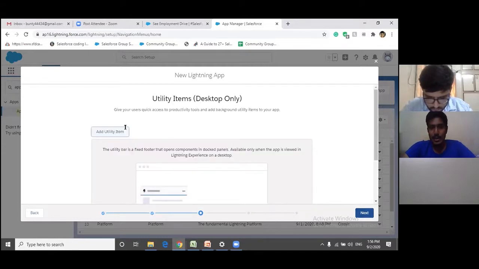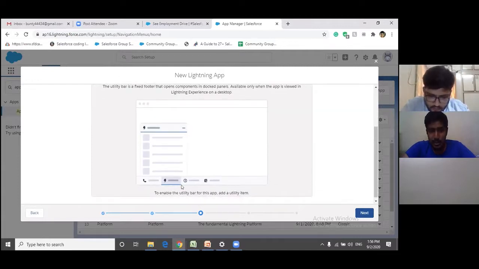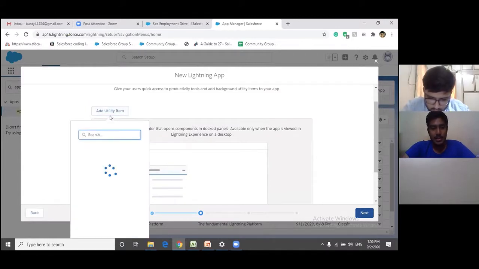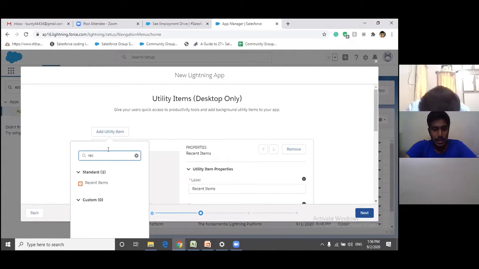This is one of the important areas. Add utility item. A utility item is nothing but the footer of your application. I want to add a few utility items. Let's say recent items. I want notes also in the utilities.